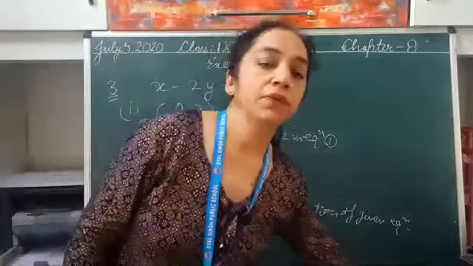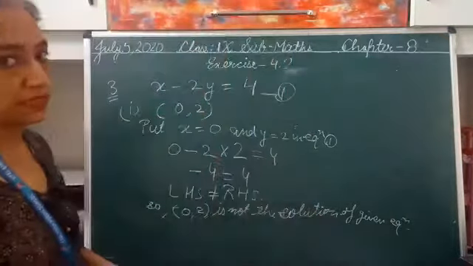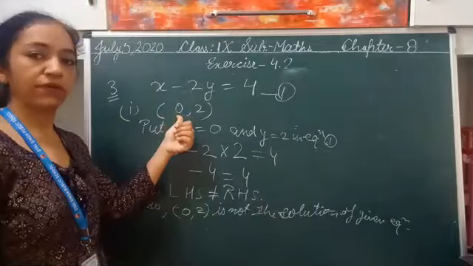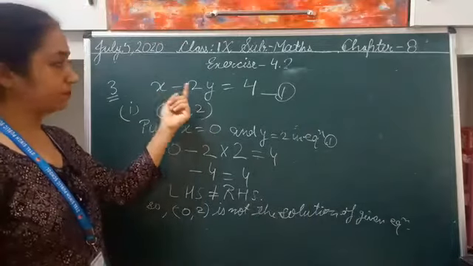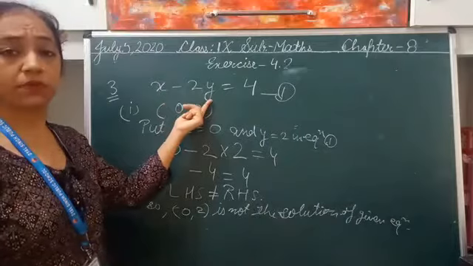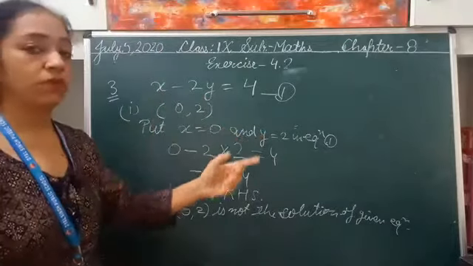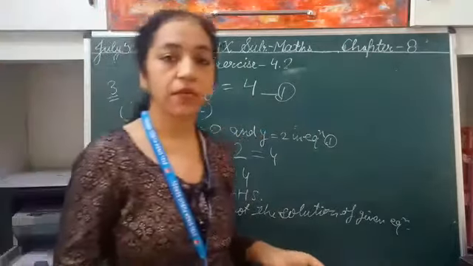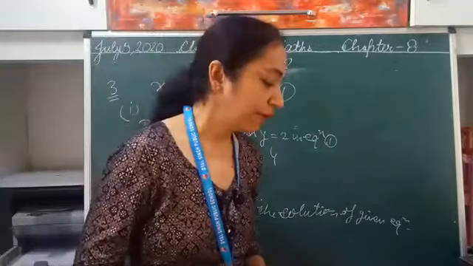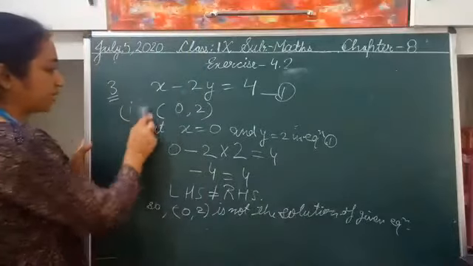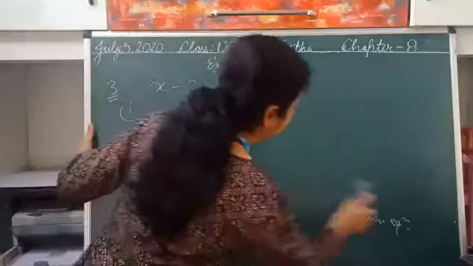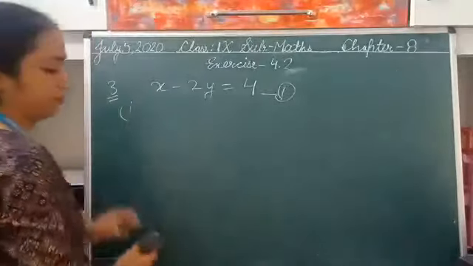In the second part, you are given the values 2 and 0. Then you put 2 in place of x and 0 in place of y, and you will get 2 is equal to 4. That also will not be a solution, right? Here I have one part in roots, root 2 and 4 root 2. I will do that for your convenience. Otherwise, the rest of the parts you have to do yourself, right?